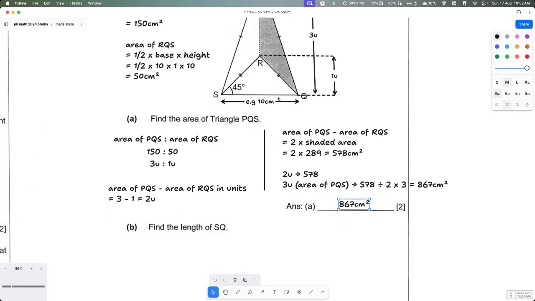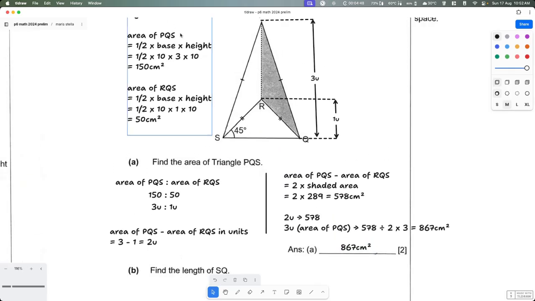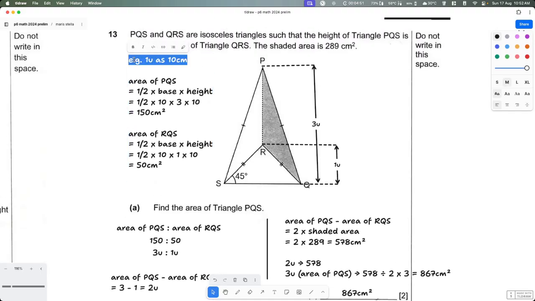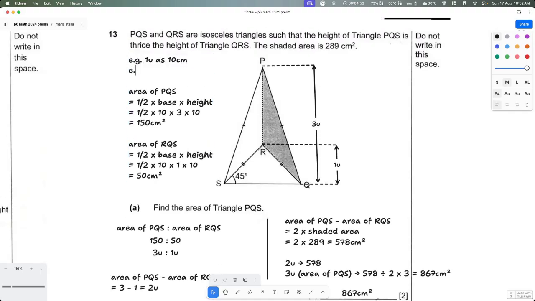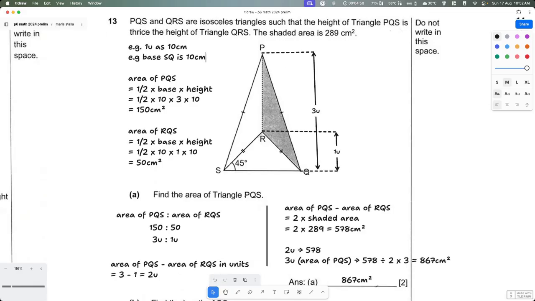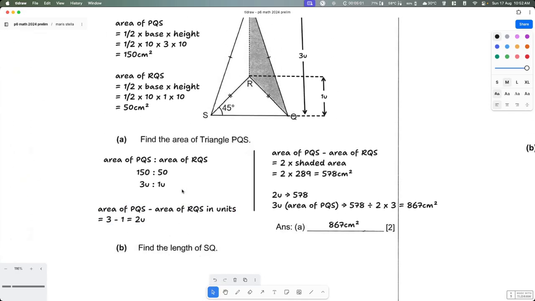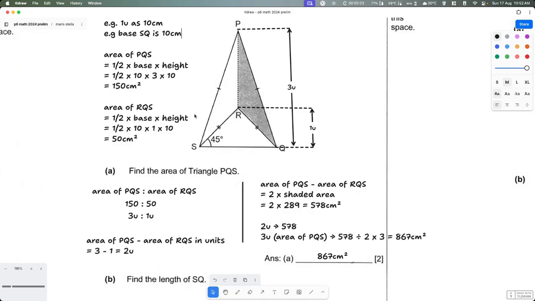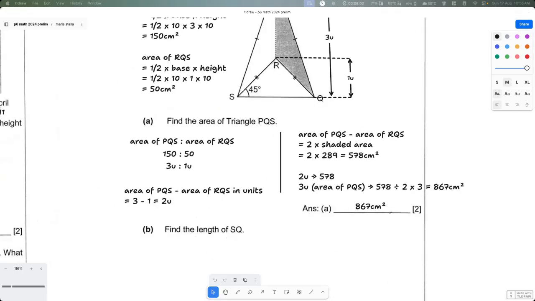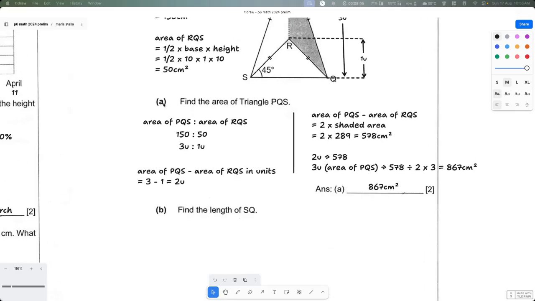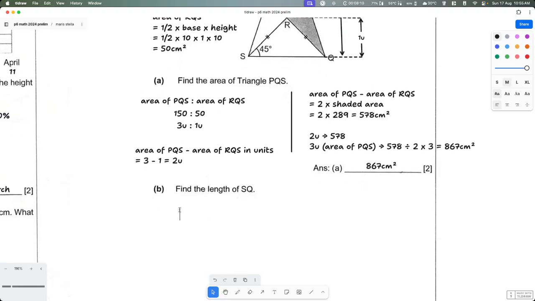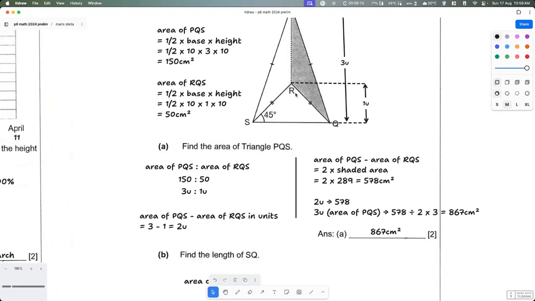Okay, so example: find the length of SQ. So for this example, the base SQ is unknown; find the length of SQ. SQ is over here. We also know the area of the triangle PQS. So we know that the area of QS, in this case over here,